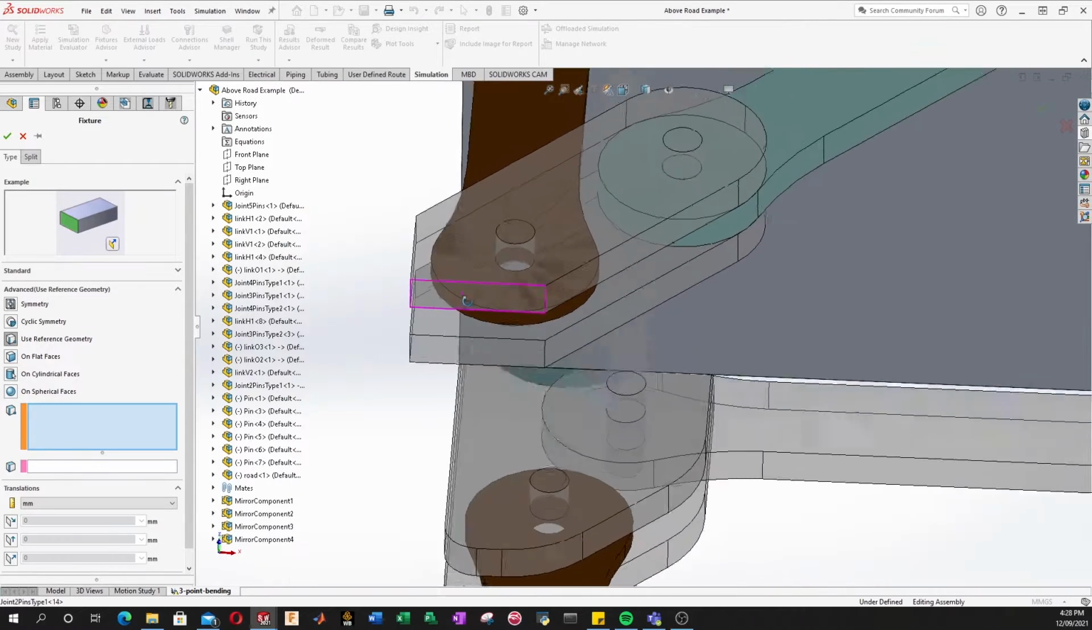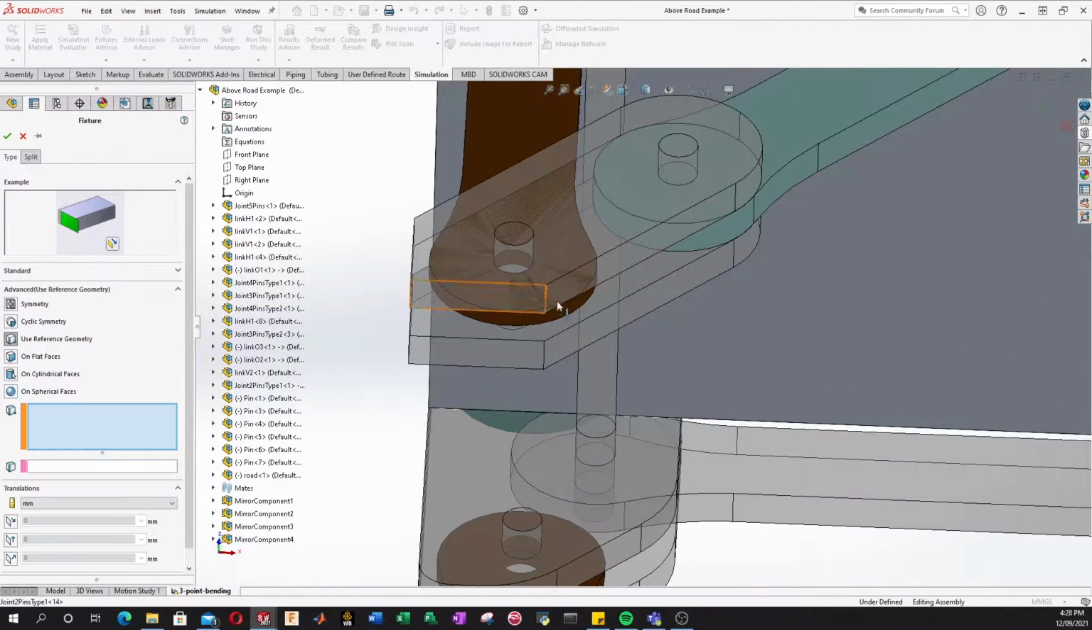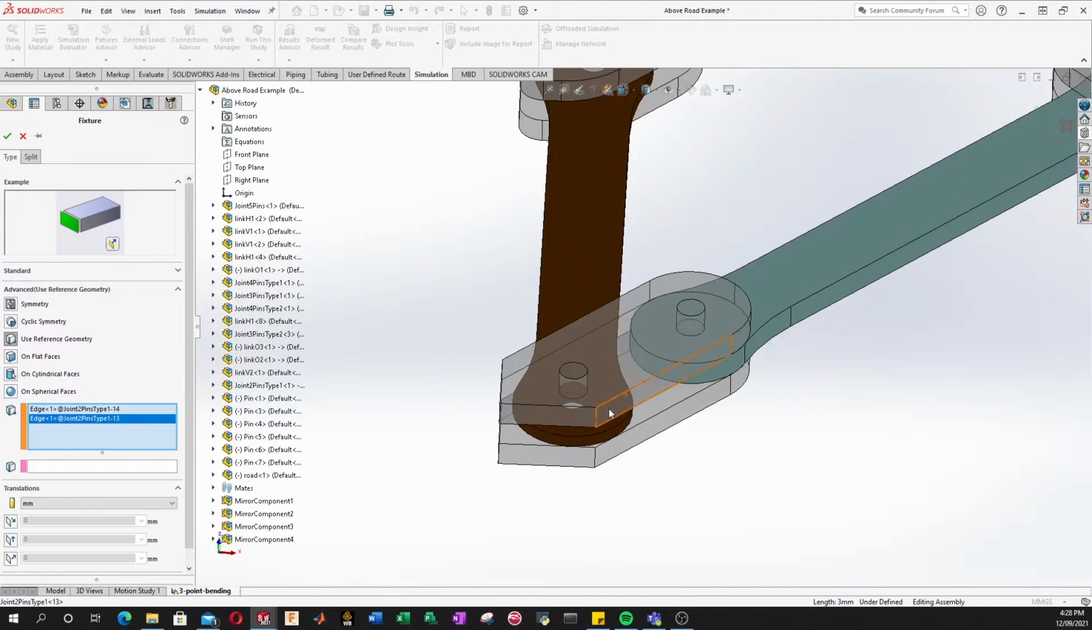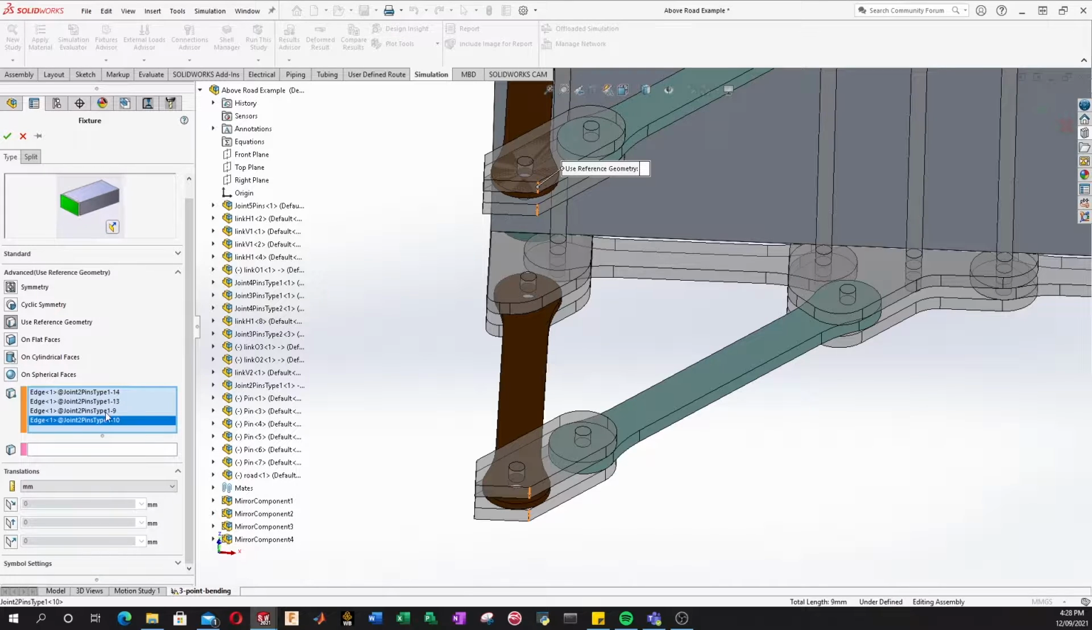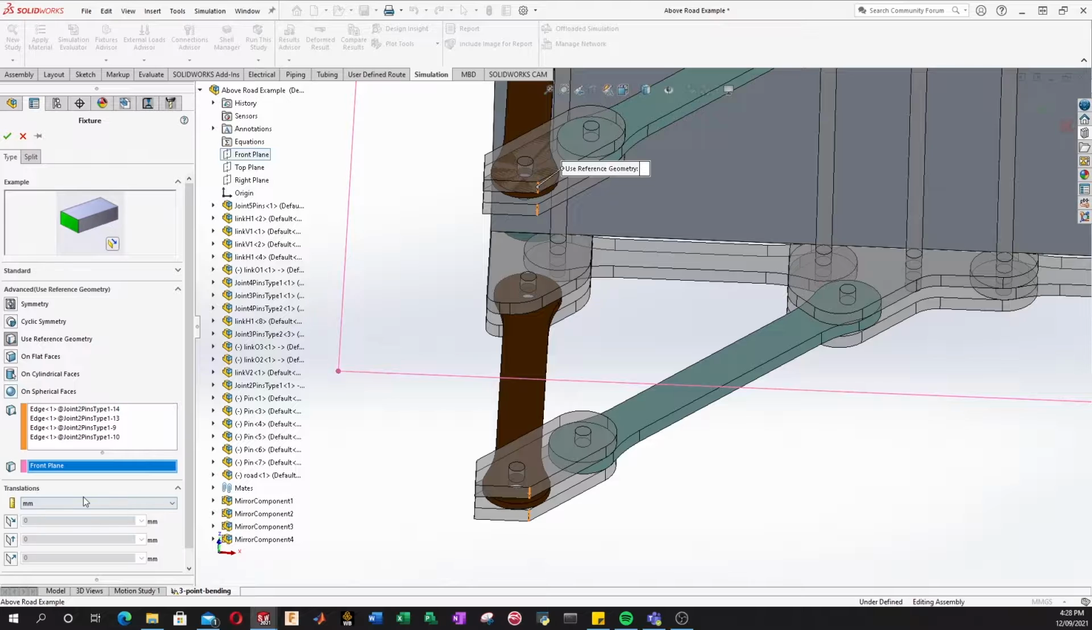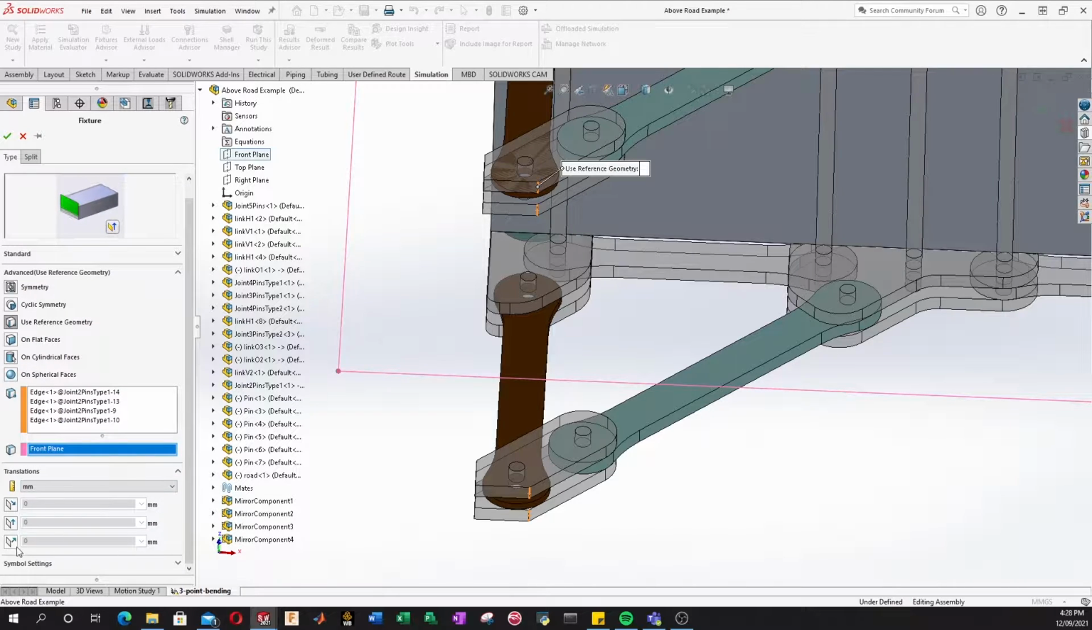So try and pick something that is sort of away from the far edge here. So we'll choose this edge, and the two edges on the other side. And now we need to choose a reference plane for our direction. So any plane is fine, maybe the front plane. And now here we can set up the